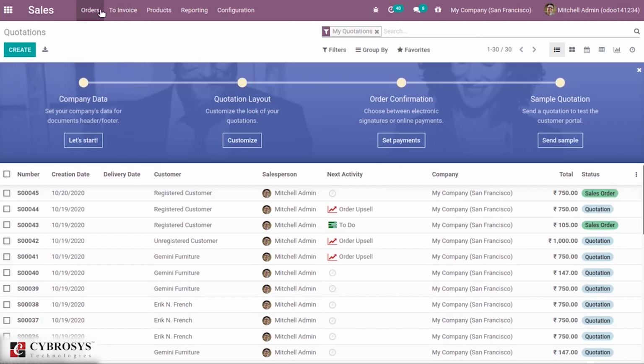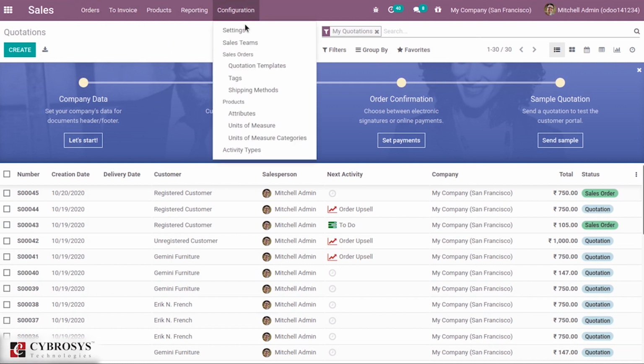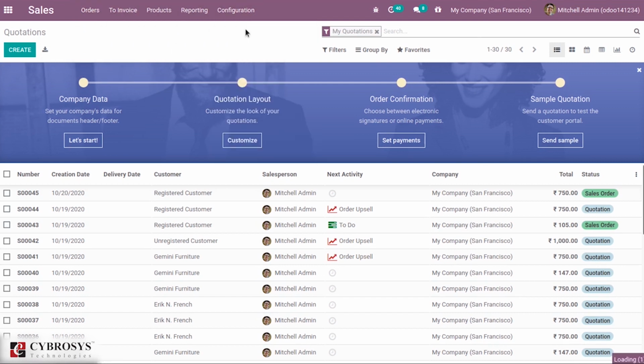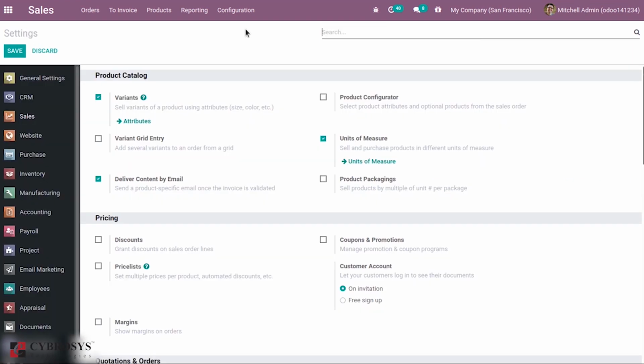Then before going to other features, let's go to configuration settings, where we have many other features that can be enabled. If you move on to configuration settings, under the product catalog section, there is an option to enable variants. You can create variants according to size, color, shape.